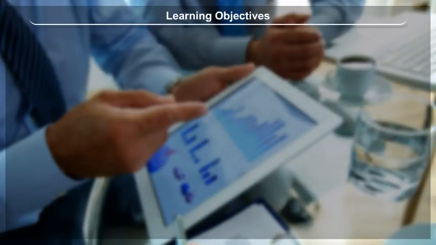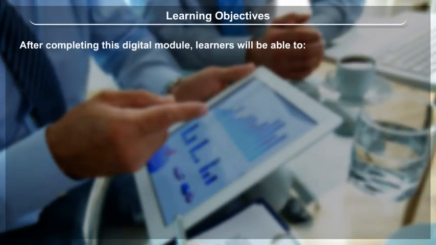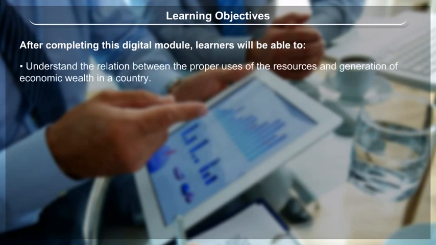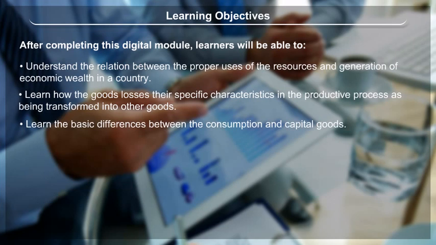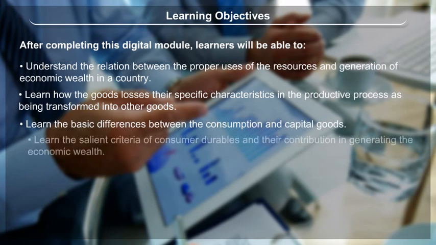Learning objectives. After completing this digital module, learners will be able to understand the relation between the proper uses of the resources and generation of economic wealth in a country, learn how the goods lose their specific characteristics in the productive process as being transformed into other goods, learn the basic differences between the consumption and capital goods,